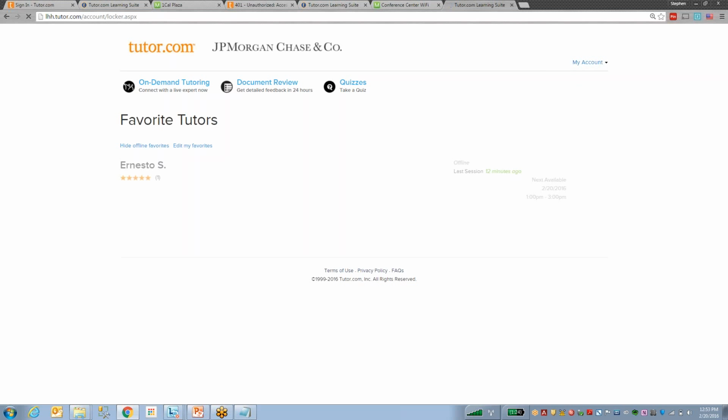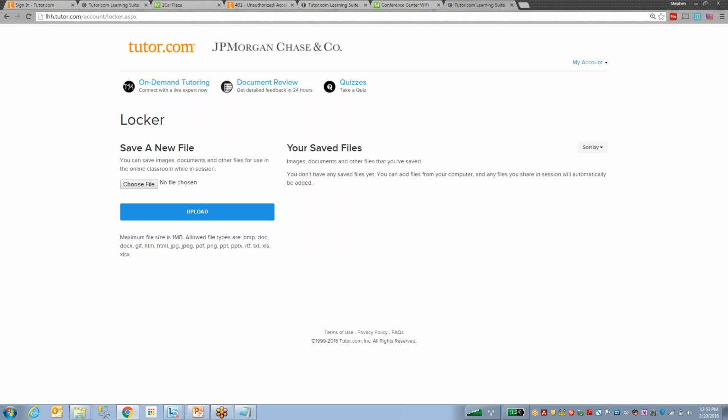One other thing that you might find useful is a locker. You have the ability to save files into